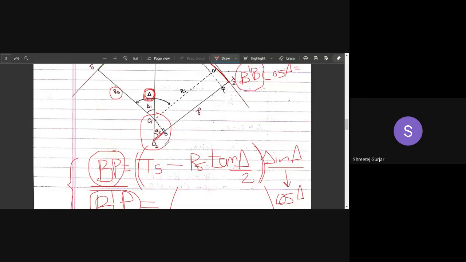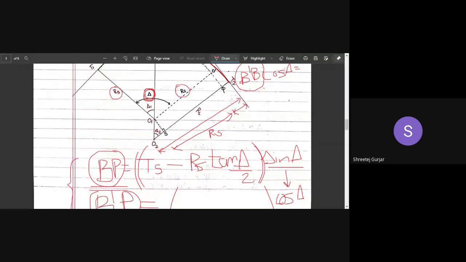I will give you an overview and we will calculate O2S in the next class. Let me tell you how to calculate it from the total length. This is your total length, O2 T2. From O2 T2 you have to minus this particular length, Q T2, and minus this particular length, which is RS, the radius of the shorter curve, which you can see here.